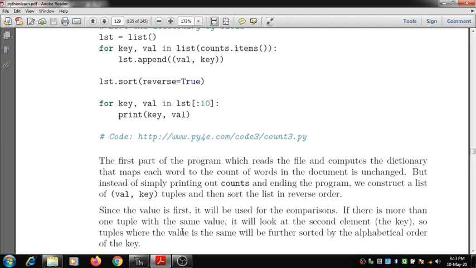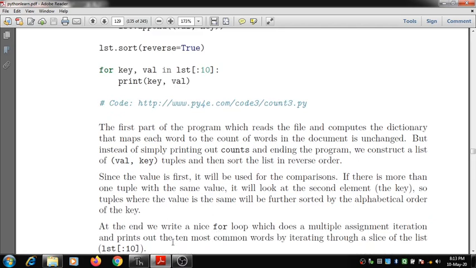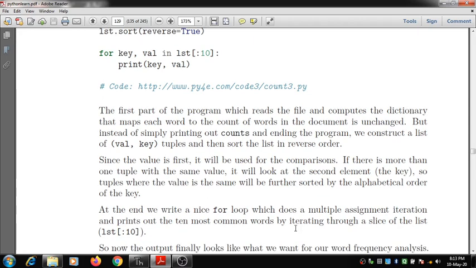So the tuples where the value is the same will be further sorted by the alphabetical order of the key. At the end we write a nice for loop which does a multiple assignment iteration and prints out the 10 most common words by iterating through a slice of the first list.